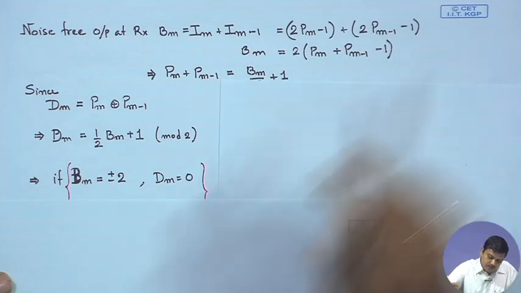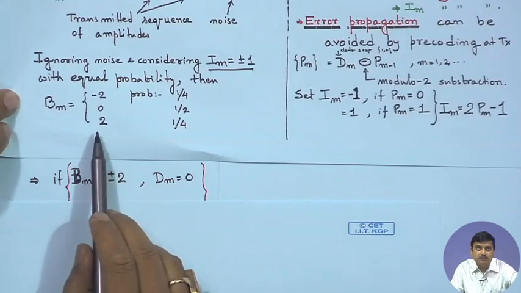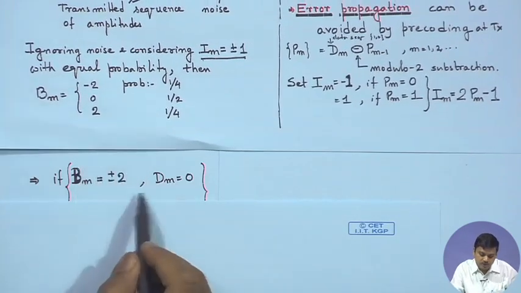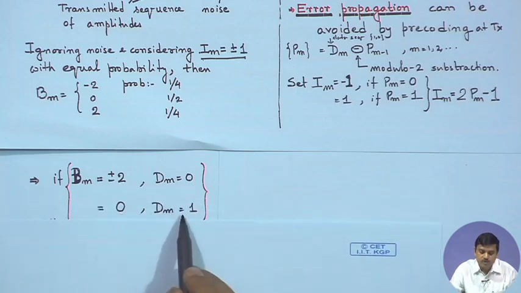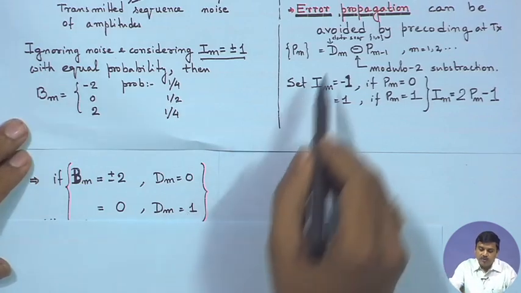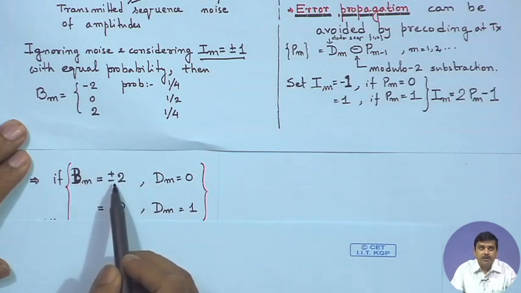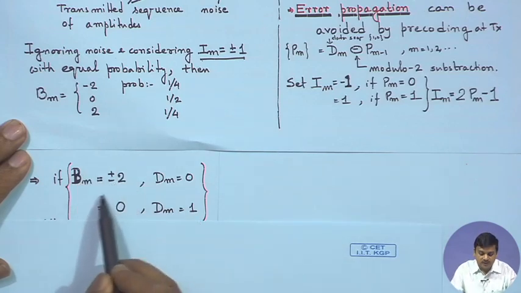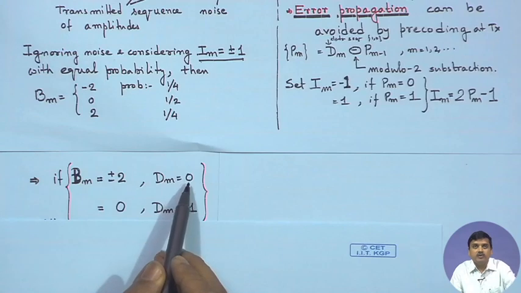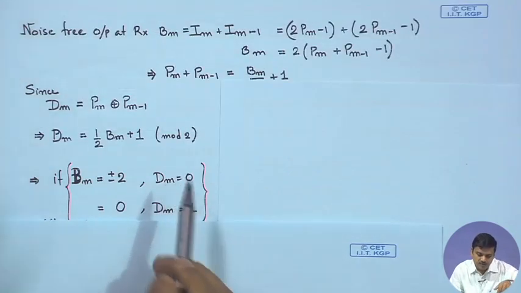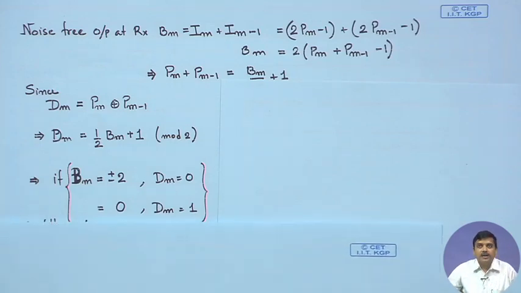So, that would mean that if B m takes a value of plus minus 2, we have seen that B m takes a value of plus minus 2, right. We would choose d m to be 0, and if B m takes a value of 0, we would choose d m to be 1. So, that means we have recovered our data sequence at the receiver by simply comparing B m to a threshold which if it is near 0 we would set it to be 1, if it is closer to plus minus 2 we would set it to be 0. So, in that fashion we can recover the data sequence that has been transmitted by virtue of cancelling the interference